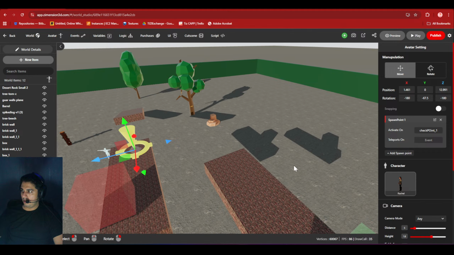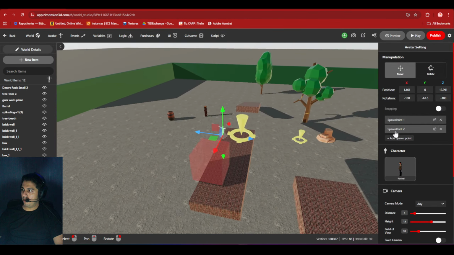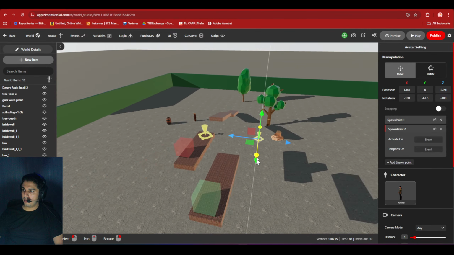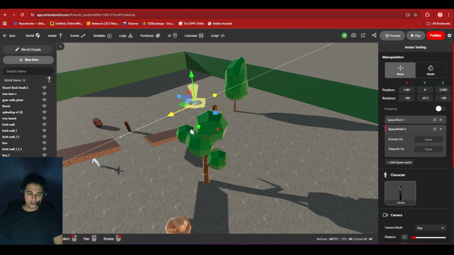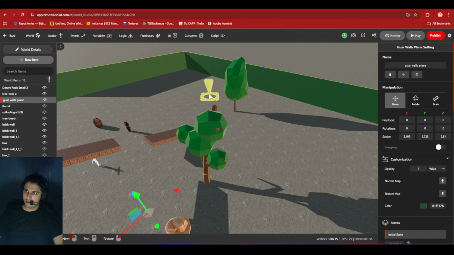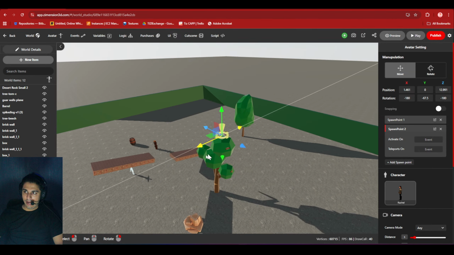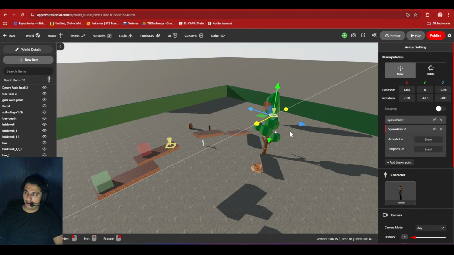One second. Where is the character? Yeah. Then I'll add another spawn point. And after clicking on this, I can reposition it. So let me position it over here. And I'm gonna do one nice thing where I will also teleport the user to this location, on the top of the tree. So we will activate this checkpoint and also transition the player directly to this particular object.